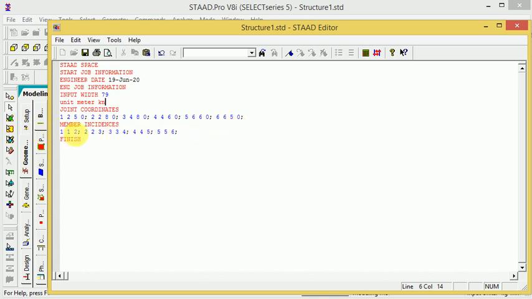Same thing I have provided the member incidence, one member incidence between two joints. So 1 to 2, second member 2 to 3. Okay, you concentrate right now.